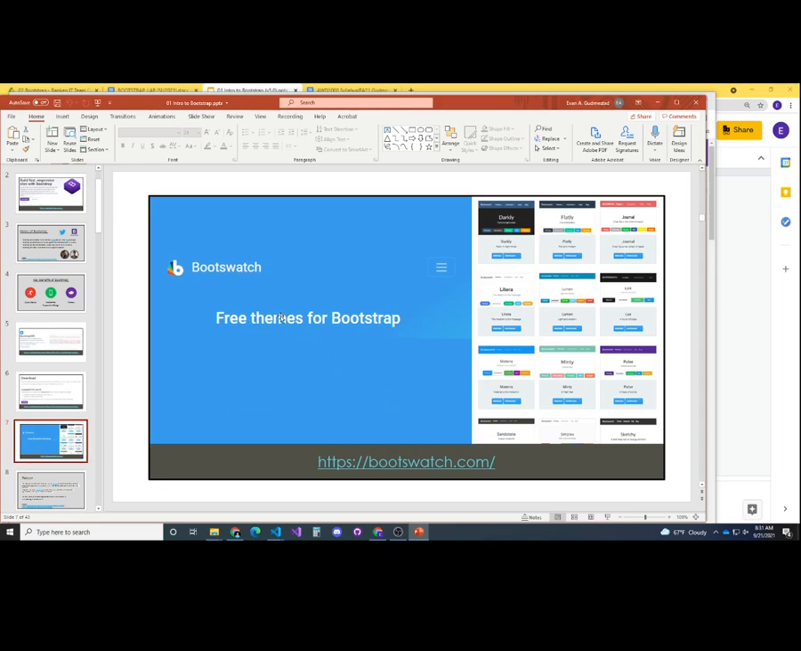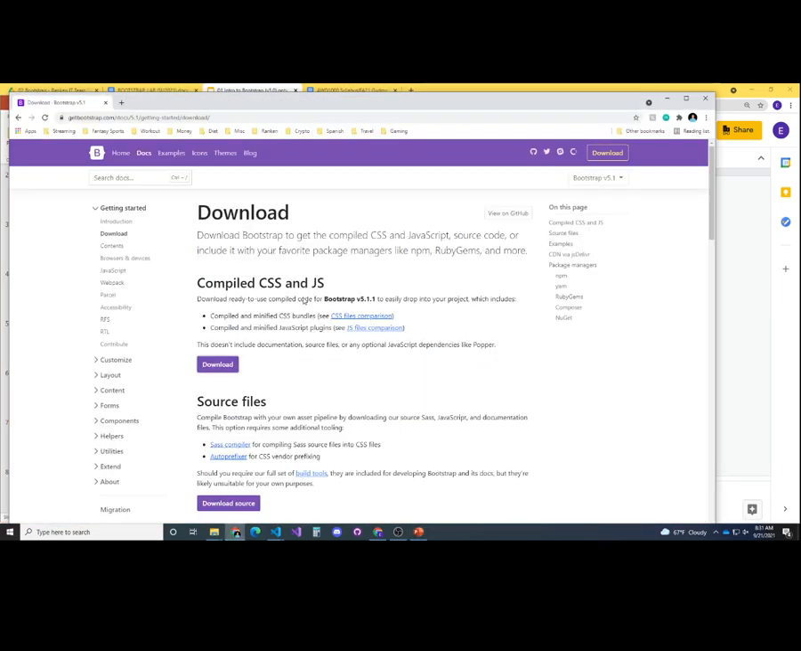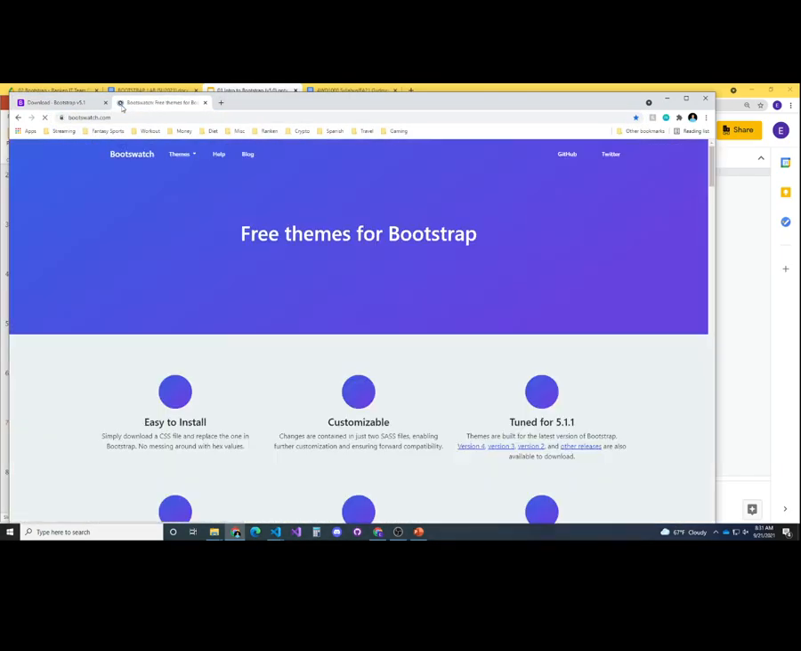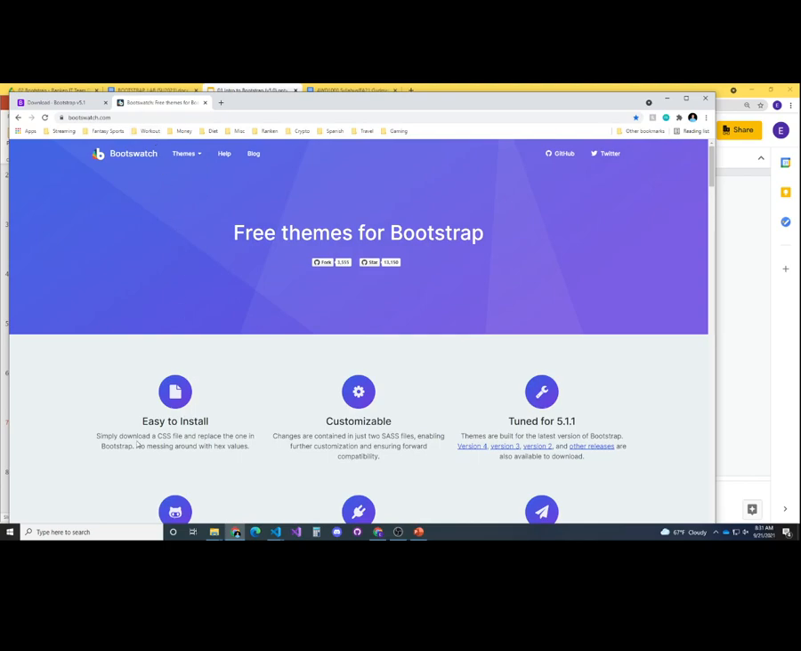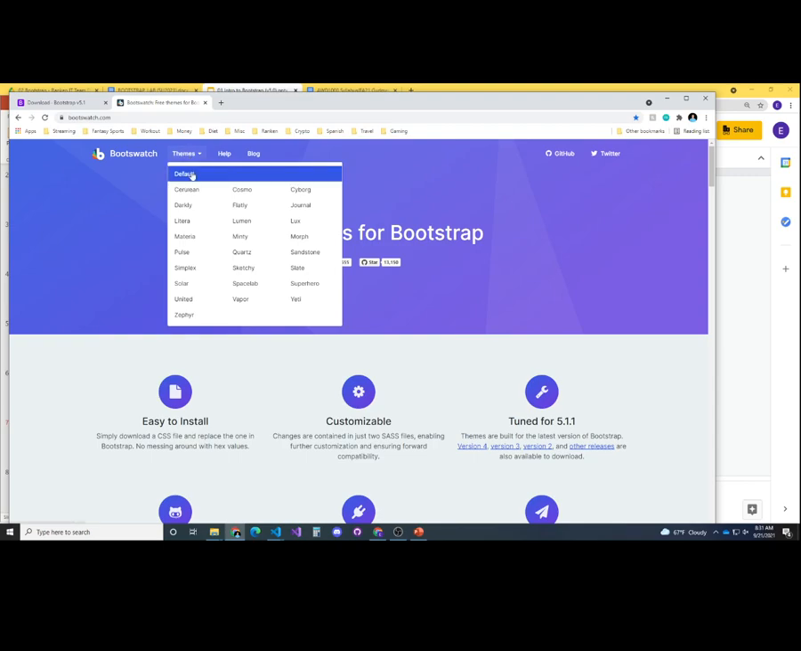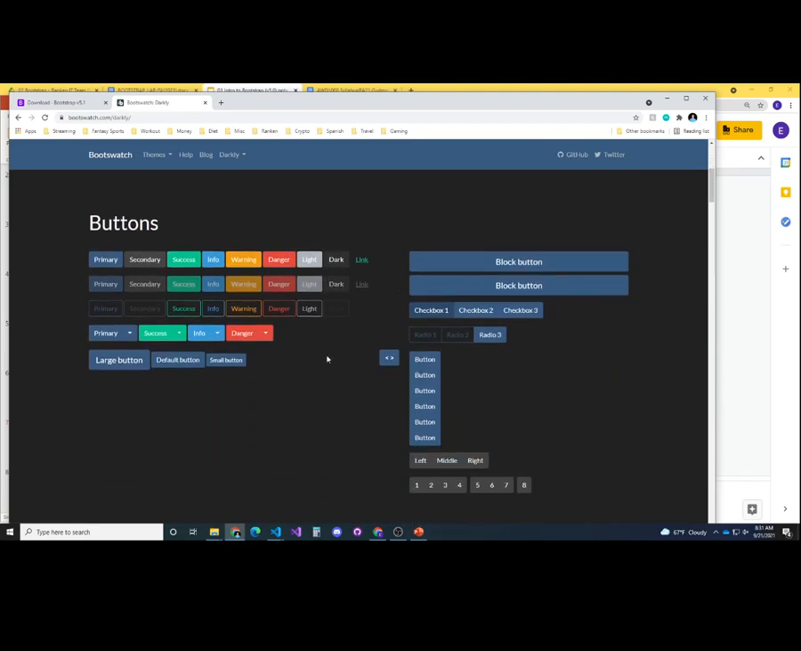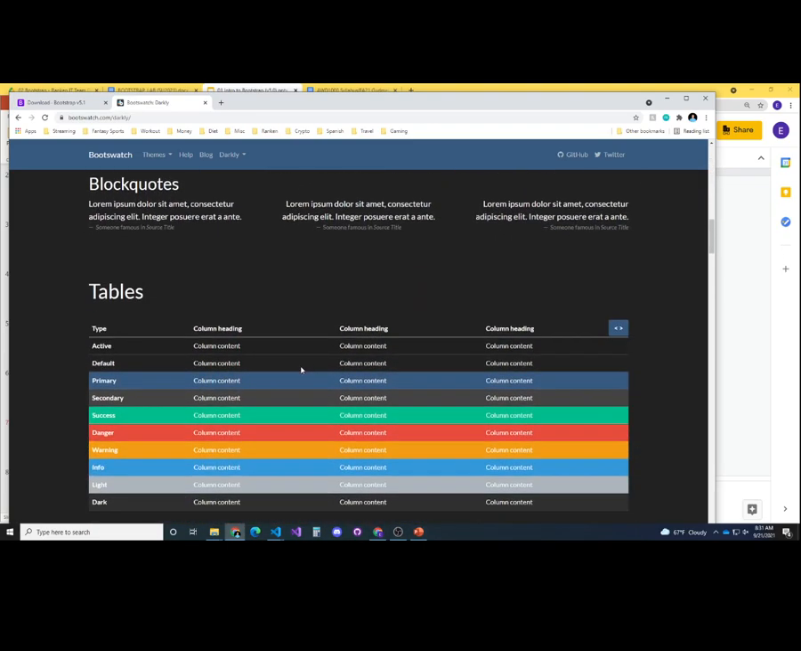I mentioned that a theme is just your default colors. You can get some themes at bootswatch.com, so let's check that out. Let me show you bootswatch.com. You simply download a CSS file and replace the one in Bootstrap. No messing around with hex values. So if we want a dark Bootstrap theme that changes all of our components to these various colors,